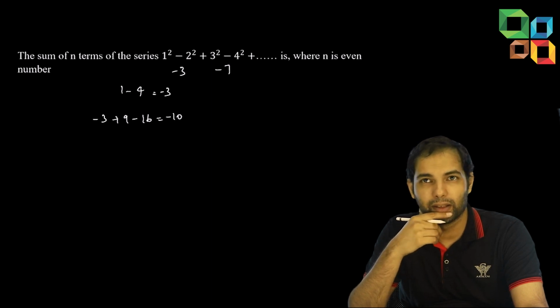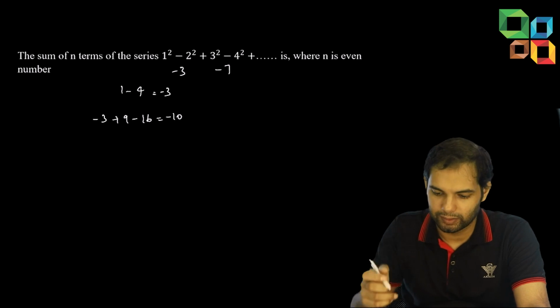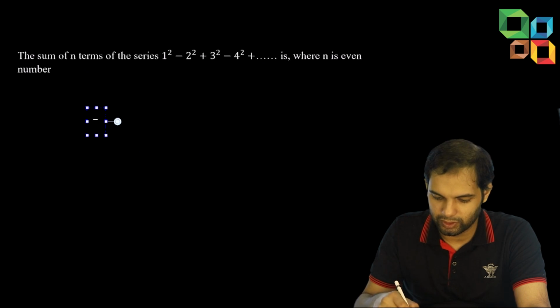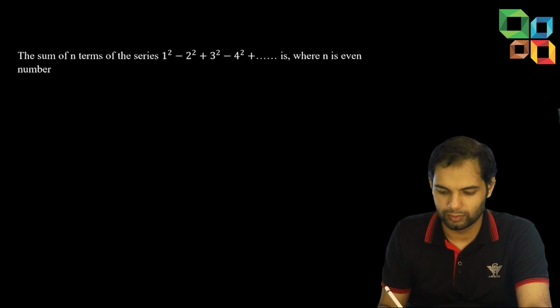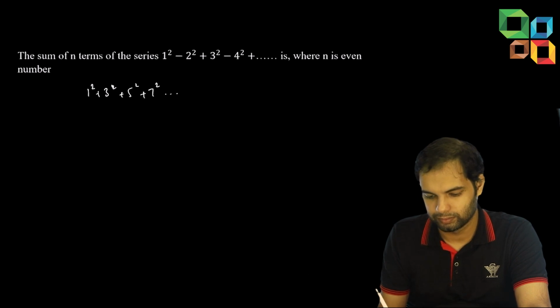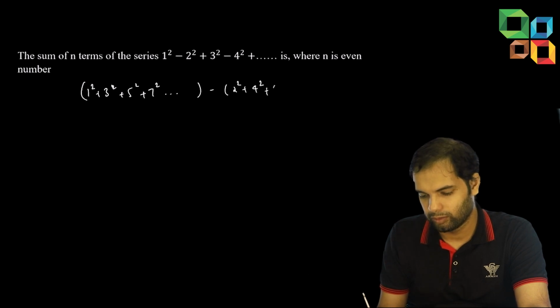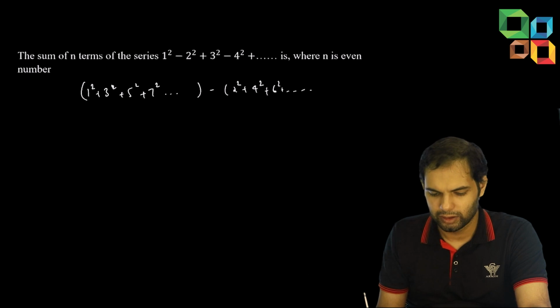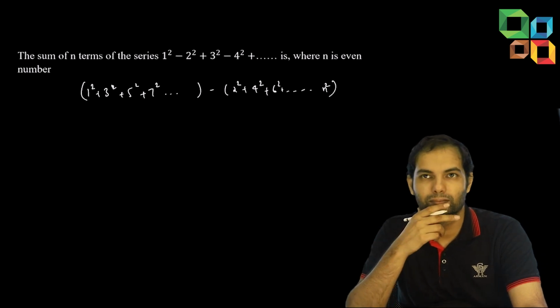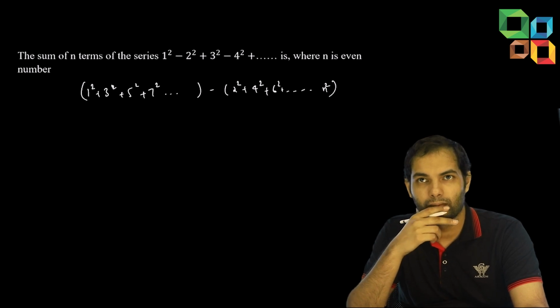Yes, anybody else, some technique? So we can write it in the summation form, the general form. Tell me what summation form? First we group 1 square plus 3 square plus 5 square, the odd numbers. I grouped all the odd numbers. Then the even, like minus n and then open bracket 2 square plus 4 square plus 6 square, sum up to n terms, n is even. And then we write the general formula for the sum of